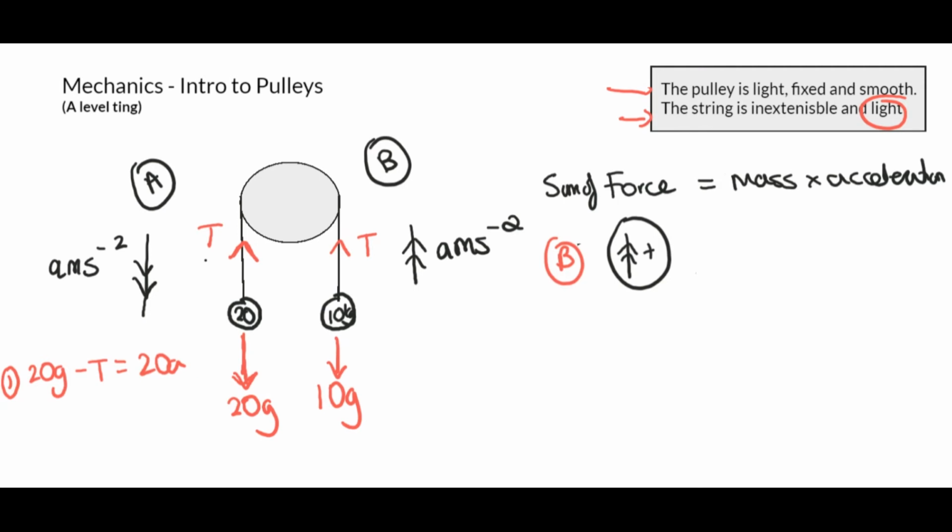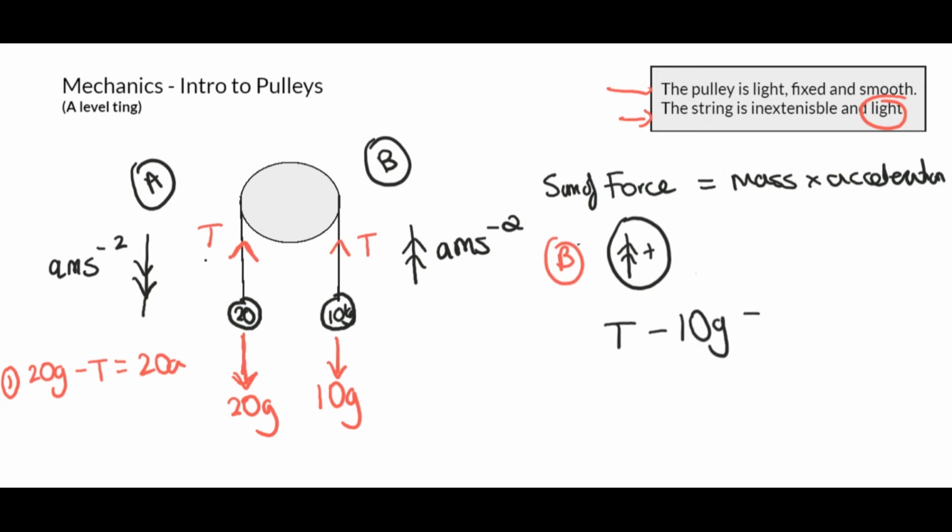So we know on this side what forces are acting. Obviously, the only forces acting are T and 10G. Now what I say to myself is which one's positive, which one's negative. Now we know up is positive and the only one going up on B is T. Only T is going up on this side. So I'm going to put T, so it's positive T. However, this 10G is going down. It's going the opposite of our positive. We know up is positive, but the 10G is going down. So therefore, the 10G is negative. So I'm going to put minus 10G.